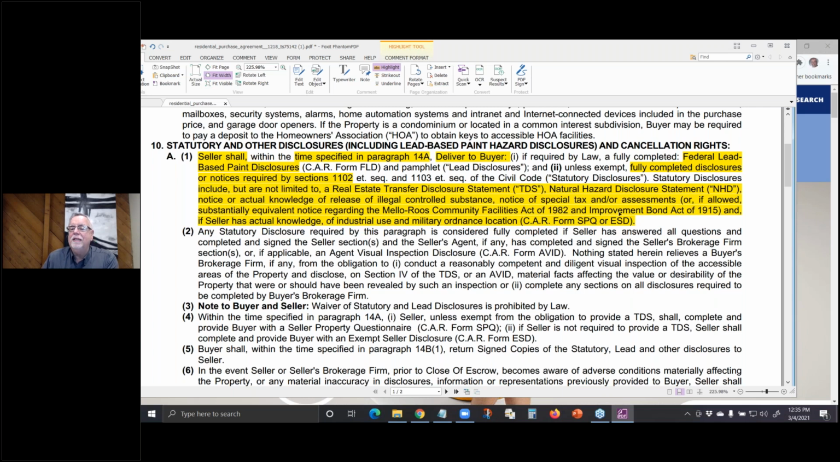and this has to be done in the form SPQ, which is the seller property questionnaire, or the ESD, which sounds like some meditation group, I don't know, but that's the exempt statutory disclosures, right? At some point, we're gonna take a look at that form. So what this is saying is you have to do whatever the law requires, including the TDS, the NHD, the Mello-Roos, and supplemental taxes. Then it says in paragraph 2, any statutory disclosures required by this paragraph is considered fully